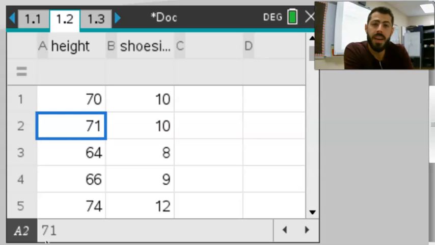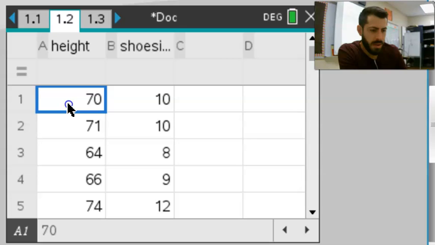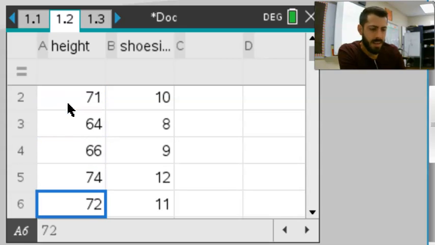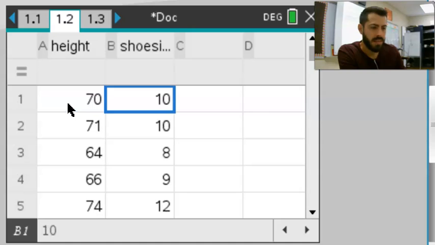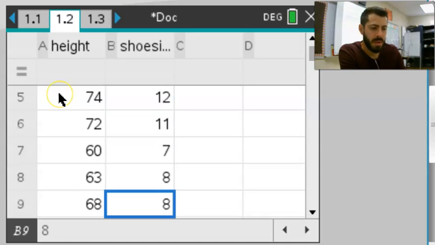All right, so just a quick video on how to find R for a regression and how to use the calculator for a regression in general. So I've input here 10 different heights in inches, and to the right of that, I've input the corresponding shoe